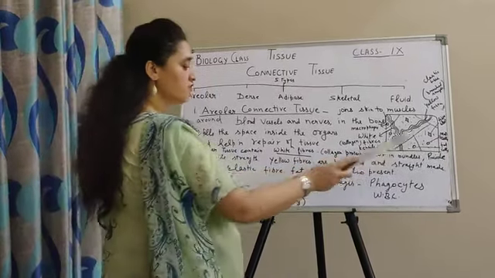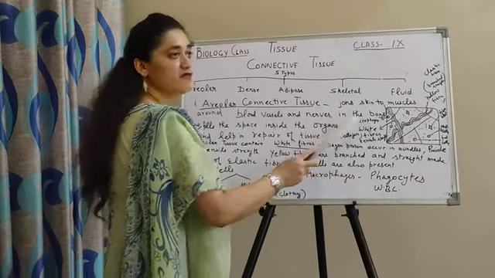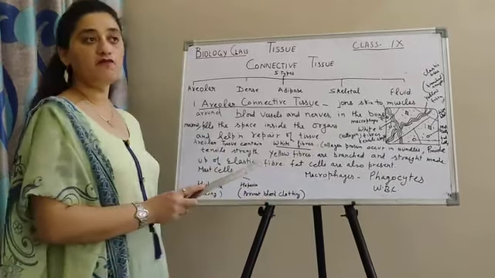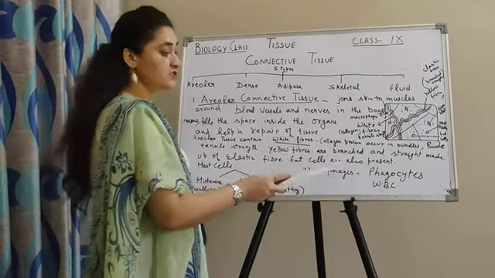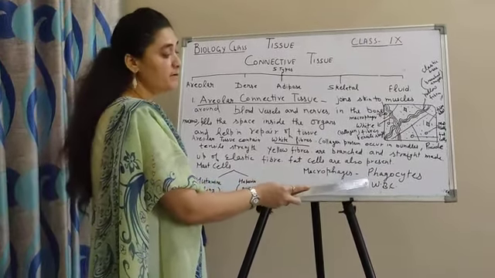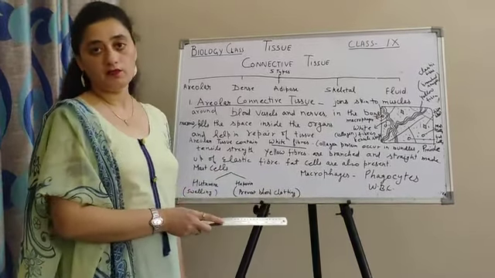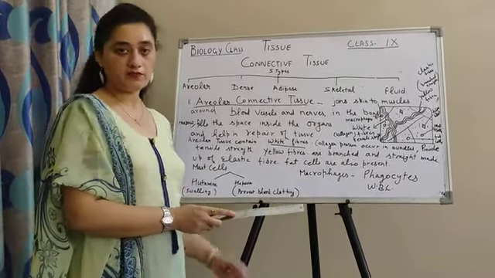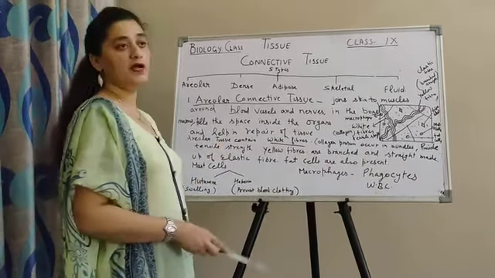Then fat cells for storage, and macrophages. Macrophages are the phagocytes which give immunity to the body. They are also called phagocytes, as they protect our body against any foreign particle like bacteria or virus. Okay, with this our areolar connective tissue is over, and